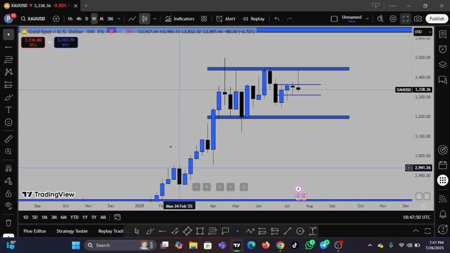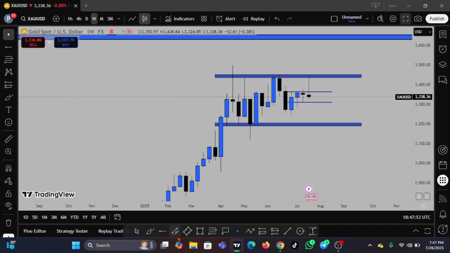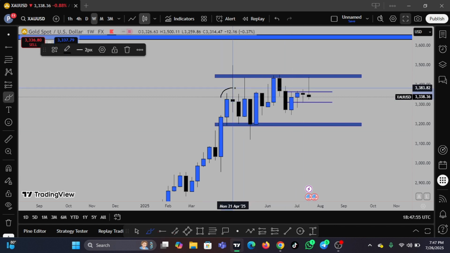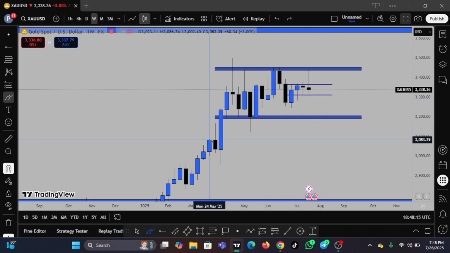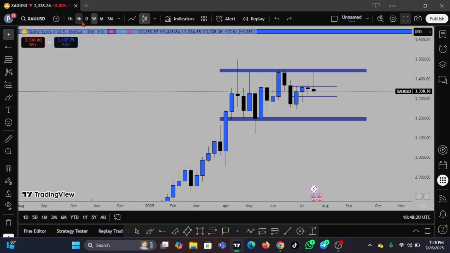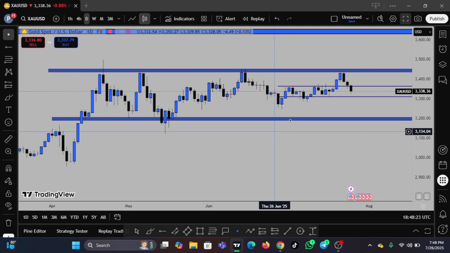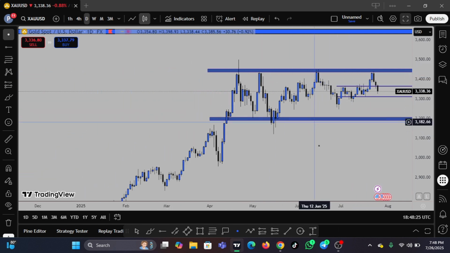All right, so this is looking to me now, it's not yet complete, but I'm seeing a possible head and shoulders here. The left shoulder, the head, and the right shoulder somewhere here. So if price should do something like this, I see no reason why gold should not drop to 3,200. I see no reason why gold should not drop right here. So if we are looking for sell entries right here, because that is what I'm currently seeing on my chart, depending on how price will react if we open, we can see that massive rejection from here.